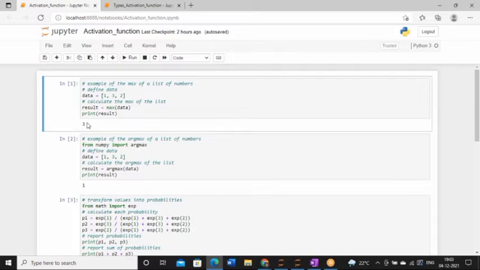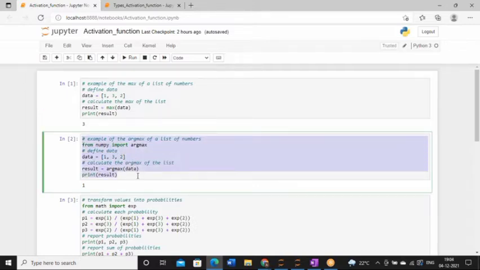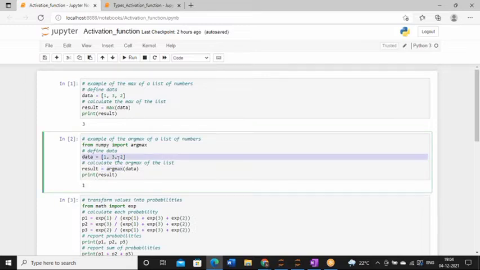So what is new in it? Now pay attention to this. If I use the argmax function, meaning instead of max, if I write argmax over here, then what will happen? This argmax function is again a mathematical function, but see what the output is. I am using the same data list, 1 3 2, but argmax is returning 1. Now the question is why? Basically, argmax is returning the index of the largest value.